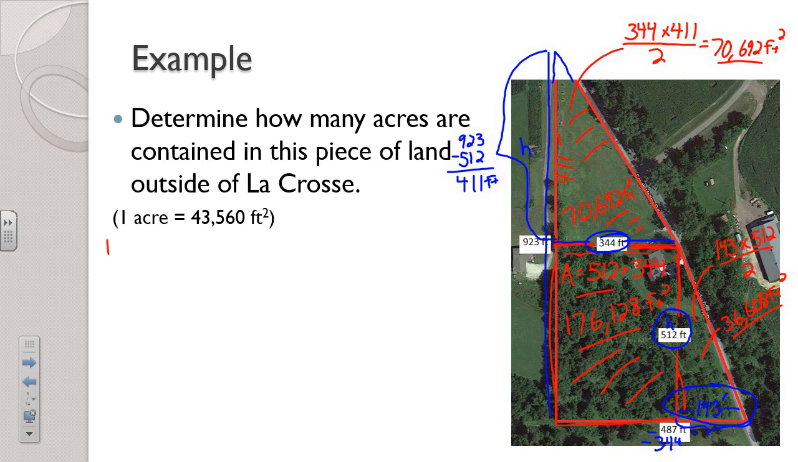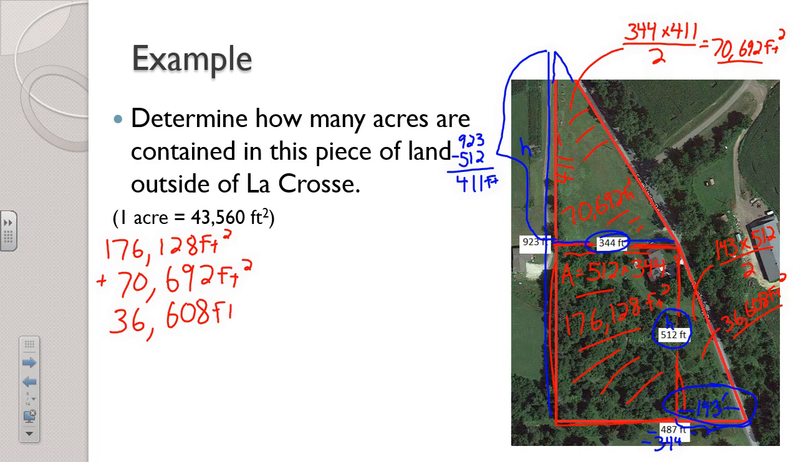Okay, so our total area is going to be the sum of all those. We started with 176,128 square feet in our rectangle. We added on that triangle on the top, which is 70,692 square feet. And then we also add that triangle in the bottom right, which is 36,608 square feet,